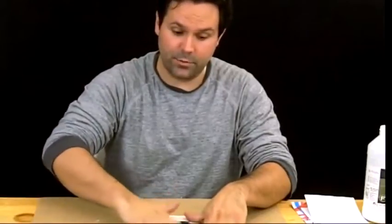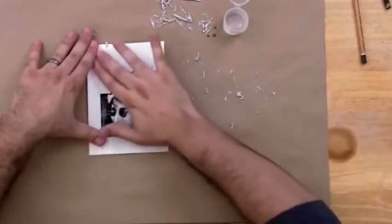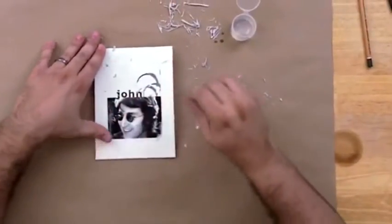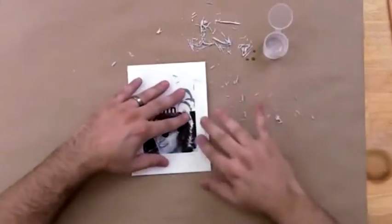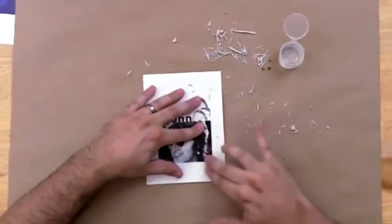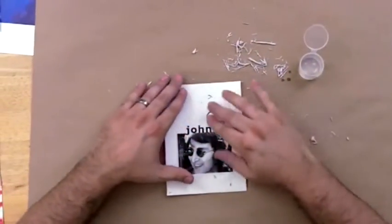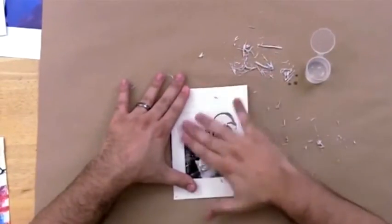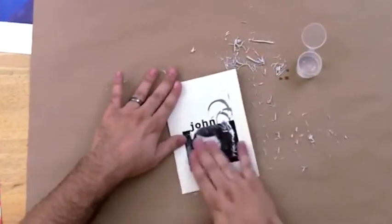Okay, you see I have to scrub pretty hard to get that paper off. You could also use a sponge, or you could use rubber gloves to try to protect your hands a little bit from getting roughed up by rubbing off all this paper. Okay, a little bit more. Now, if I've gotten any matte medium on the back of the image I transferred, then I'm going to run into problems because it's going to make it a lot harder to rub the paper off the back of the image. Good enough. And what we're left with